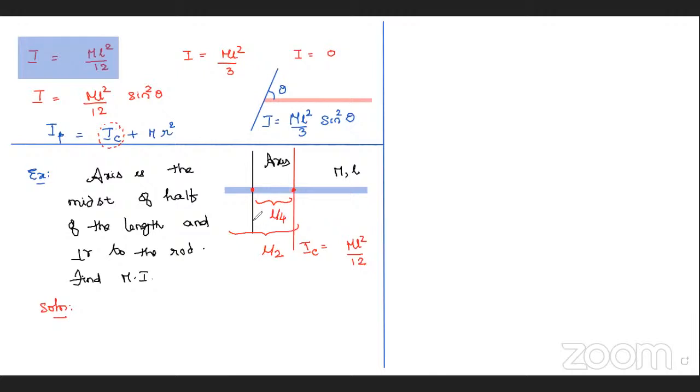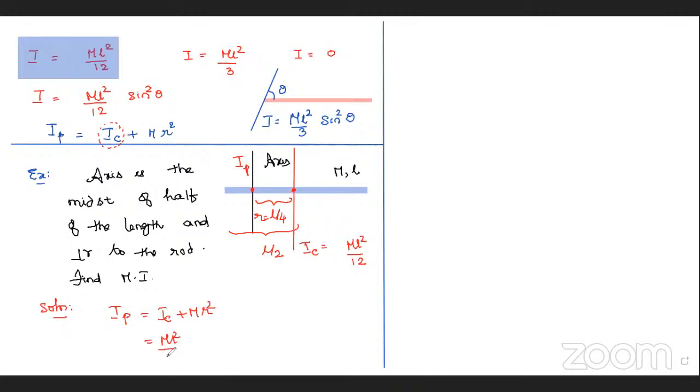Then I'm asking about the black axis. Black axis, the moment of inertia I about the parallel axis. Parallel axis I_P is equal to, you know the formula, I_C plus MR square. And you said R here, between the two axes, the perpendicular distance, is L by 4. Direct substitution. That's it. ML square